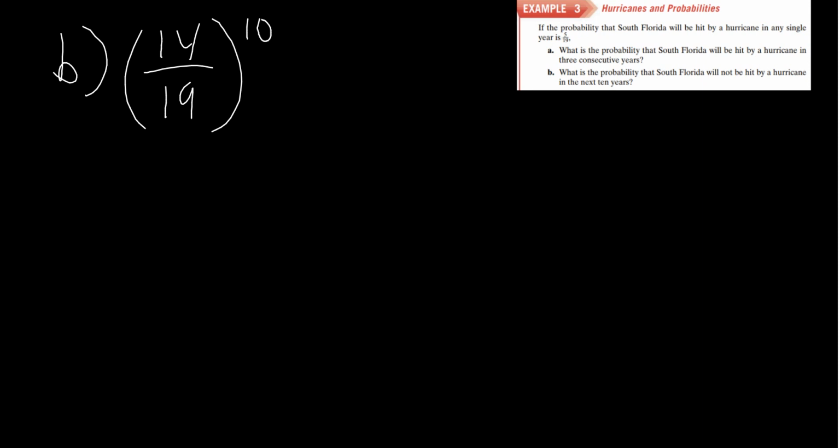And that's going to be 14 divided by 19 raised to the 10th. It's going to be 0.047. Okay, so there's almost a 5% chance that it will not get hit by a hurricane in the next 10